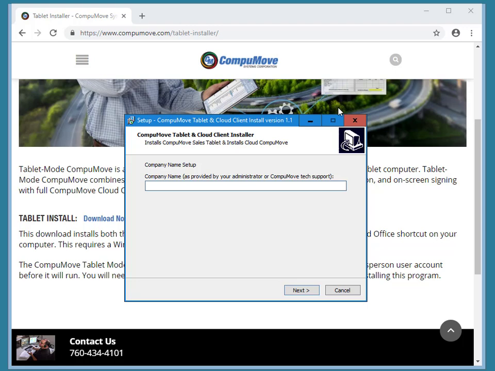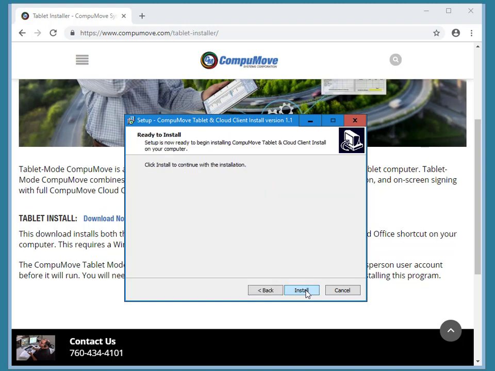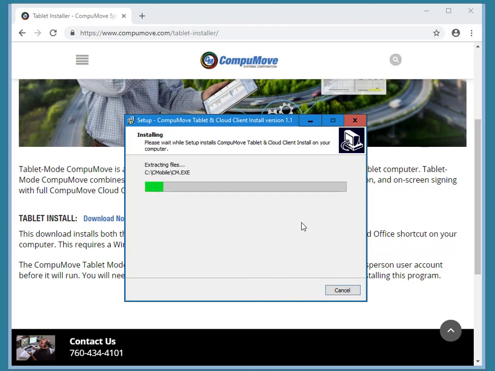And so I land here at a crucial spot, and that is I do need to know my company name. And you will get this from CompuMove, from us, or from your administrator. In this case, I've got a developmental database called DevTest that I'm going to use. And I'm going to go ahead and click next, and then I'm going to do install, and then this is